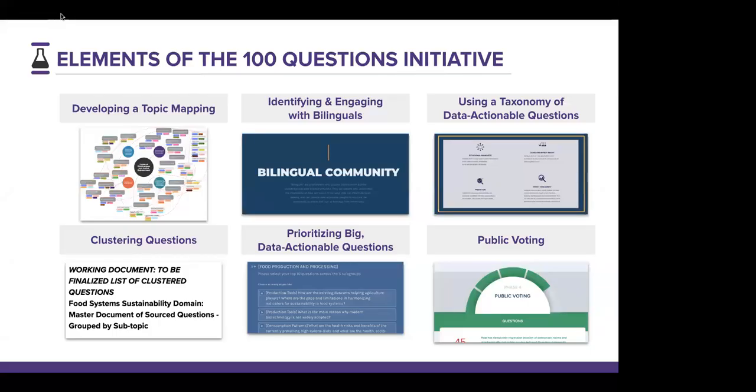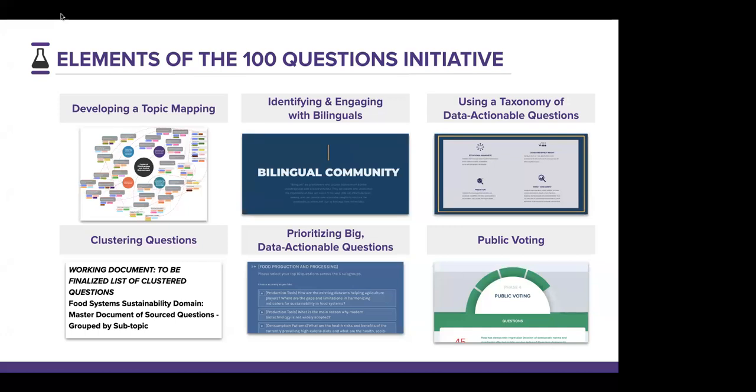So the second step involves creating a cohort of bilinguals. By bilinguals, we mean people that have a domain expertise but also a data expertise, so that we can really tap into the kind of expertise that can formulate the questions that matter. Then we ask them to formulate a question vis-a-vis the topics that we have prioritized that they believe could be transformative. We do that using a taxonomy, and I will go into the detail in a second of what I mean by a taxonomy of data questions.